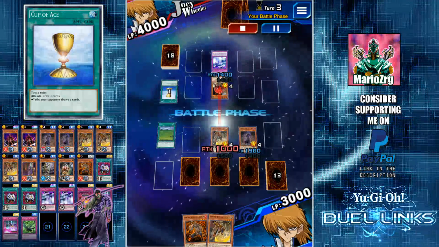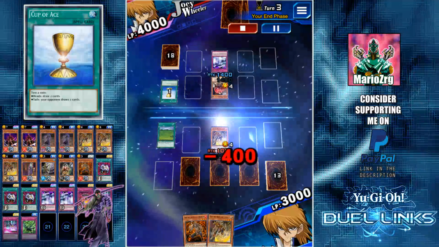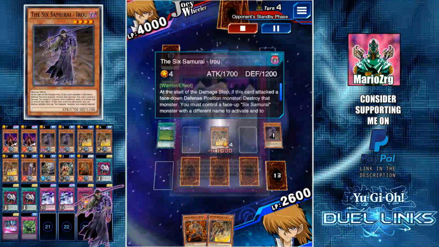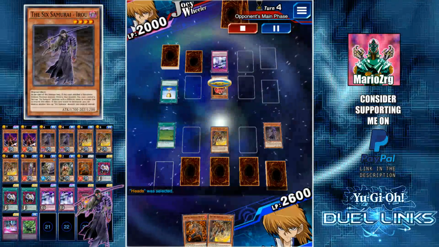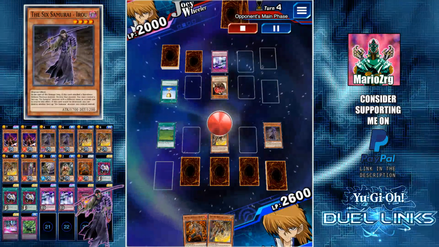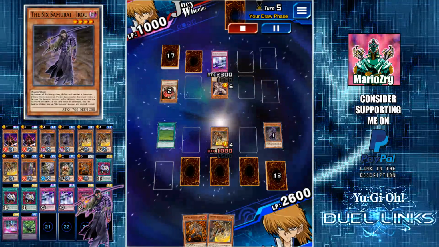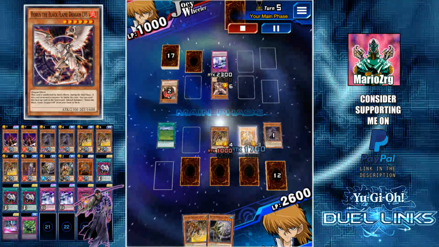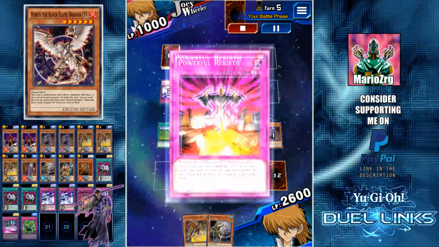And here I go for my Sanji. I decide that Sanji is more valuable than my Rogue, so I let it get destroyed. I didn't destroy the bull because I didn't have another 6 samurai on the field, so that's how that works, if you're wondering. He tribute summons for Horus level 6, which is not good for me, but